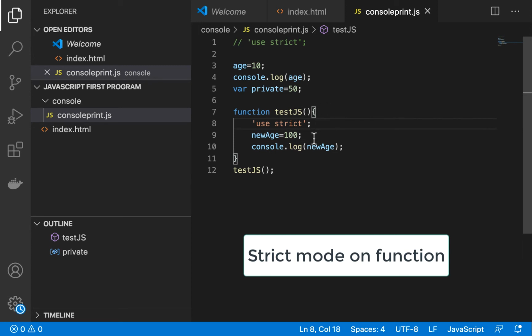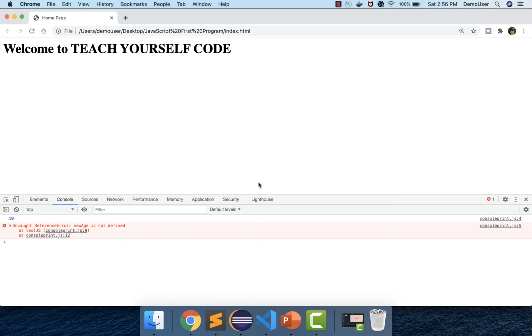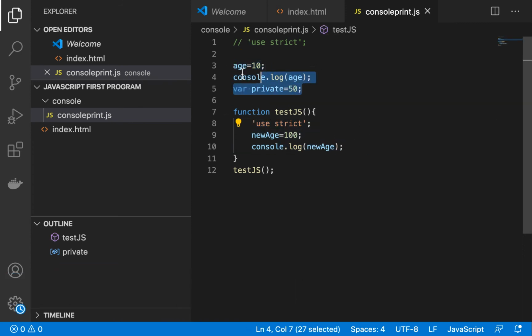I will save it. Now ideally, when this line is written in a function, all the lines written after this line will be checked for any error. If I go to my browser and refresh it, you can see we are getting 10 as output from this line, and we are getting an error over here. This particular line is not being checked in strict mode and is left alone for any error that comes up. But over here, since the function contains strict mode and it is limited to this particular function, we get an error message for this line, which says this variable is not declared. So this is on the function level.